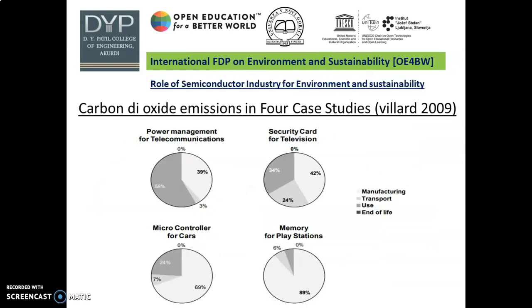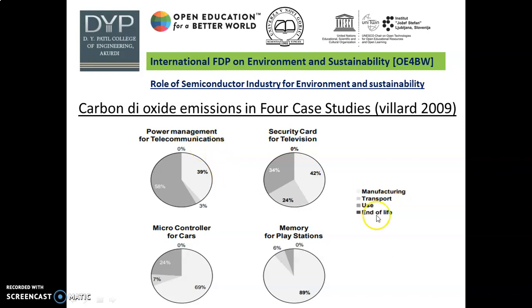Now you can observe from this figure the carbon dioxide emission in the 4 case studies, especially given by Villard 2019. There are 4 steps from the start of the manufacturing to the end of the product. The life cycle includes 4 stages. First stage is manufacturing, second stage is transport, third stage is use, and fourth stage is end of life. So by considering these stages, you can observe in this figure